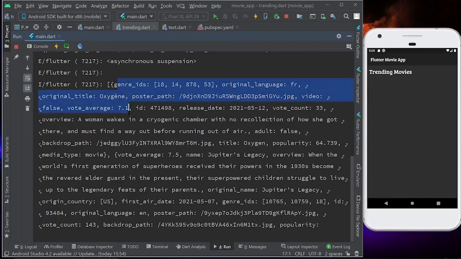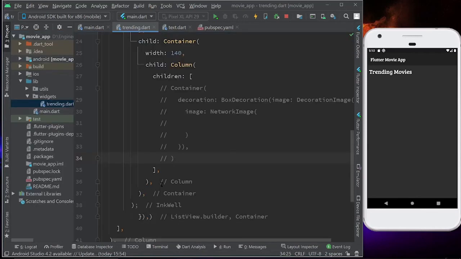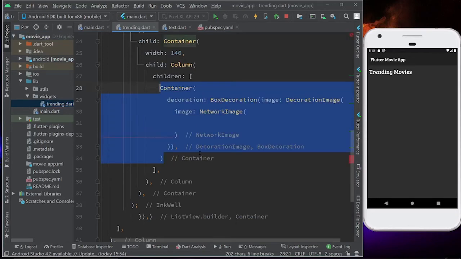Yes, now I can see a list of movies, and inside this list of movies you will get a poster path. So for every banner of the movie I have to call this poster path URL. But this URL is incomplete. This is just the name of this image. So how do we have to call this? Everything is there in the documentation. You can check that out from there also. But I'm going to give the general idea of how we have to do it.